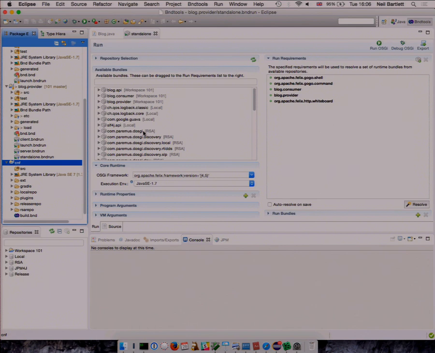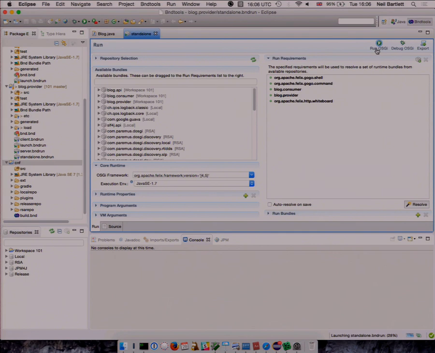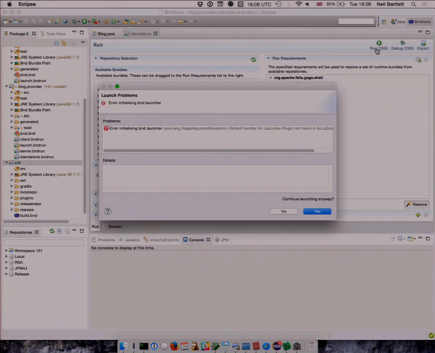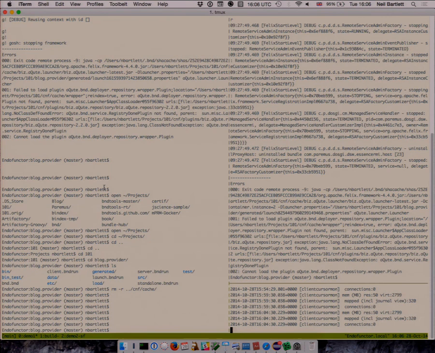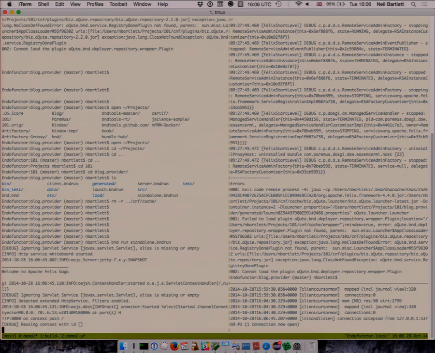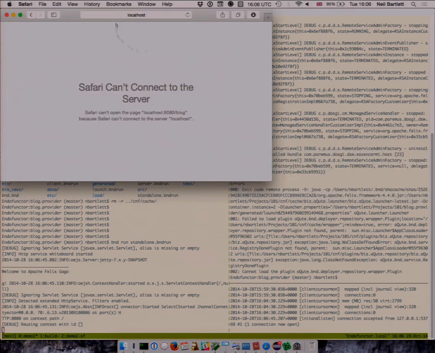So here I have the consumer and the provider in the same runtime. If I click run, I'm going to get up an application. I'll tell you what, I was doing this from the shell before. So bnd run standalone. Okay, so it's running with both the consumer and the provider in the same bundle, in the same OSGi framework,